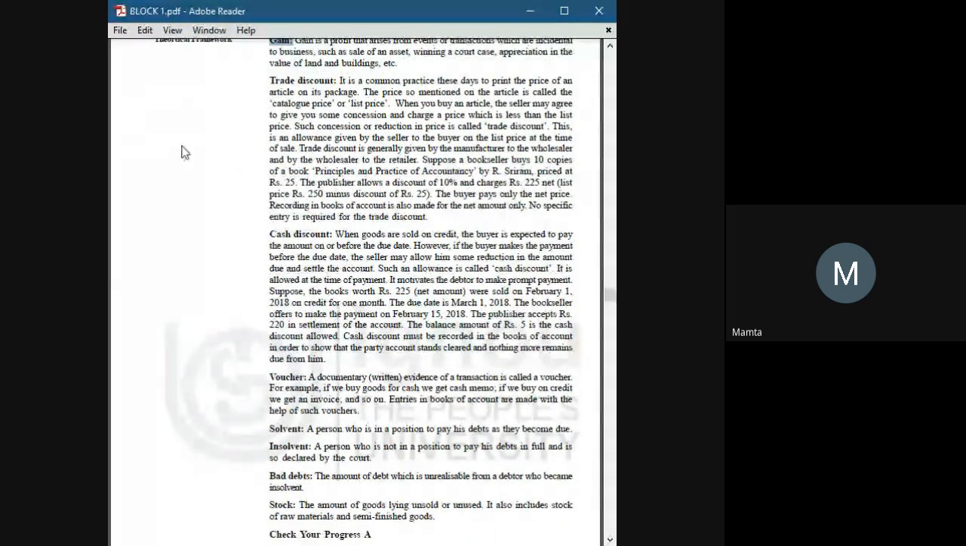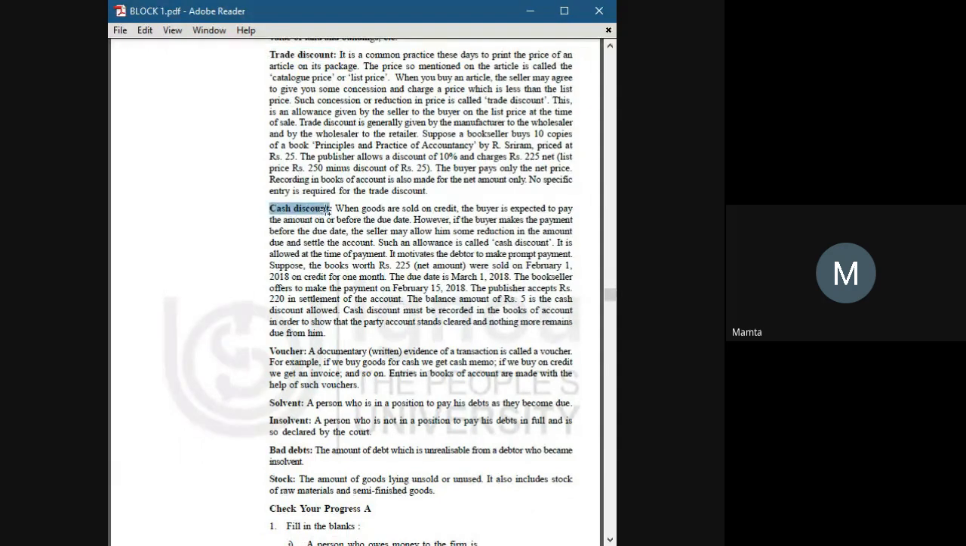Trade discount and cash discount. Whenever you are doing a transaction or trading something like purchasing or selling, sometimes you get a discount or sometimes you give a discount, then that is known as trade discount. But cash discount is, suppose